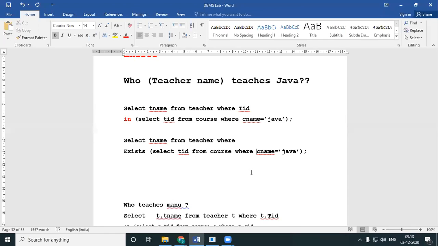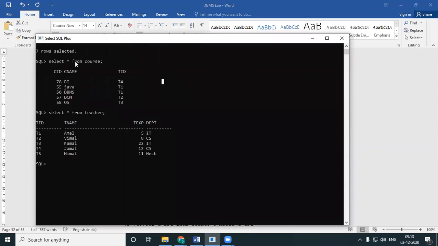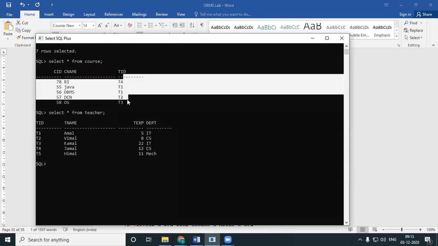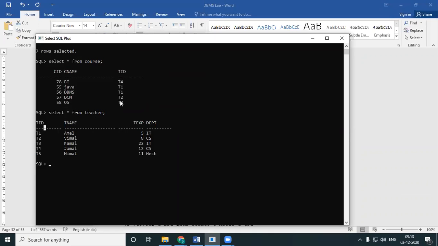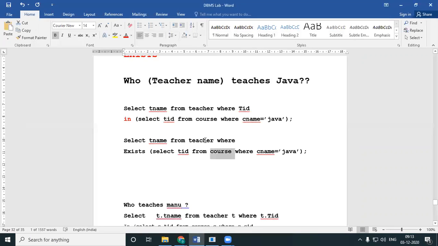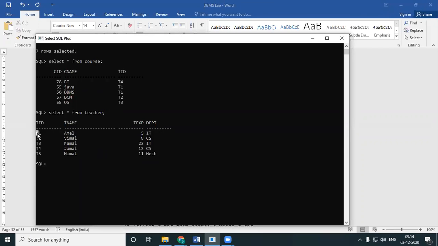Where you have two tables over here, teacher and course. I do have teacher and I even have course. TID, TID, TID. This is the connecting field. So you'll have to check whether TID is equal to course.tid. So first let's check what is the outer table, teacher. Teacher is the outer table. So you check teacher's TID, is it equal to any course's TID?